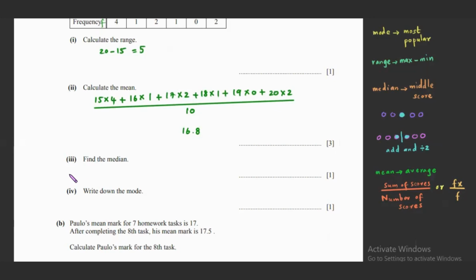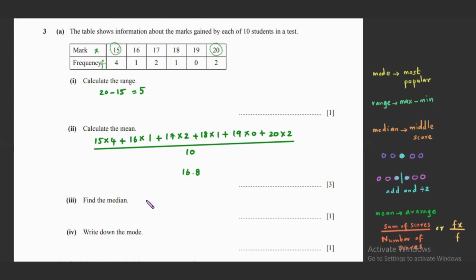Let's move on to the third question. We are supposed to calculate the median. Median is the score in the middle. In this question, we are given a table and we have a total of 10 scores. So to find the score in the middle, to this 10, I need to add 1 and divide it by